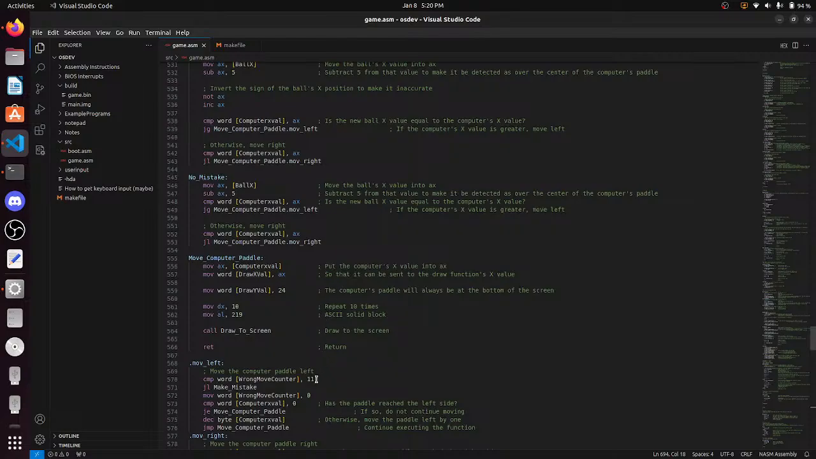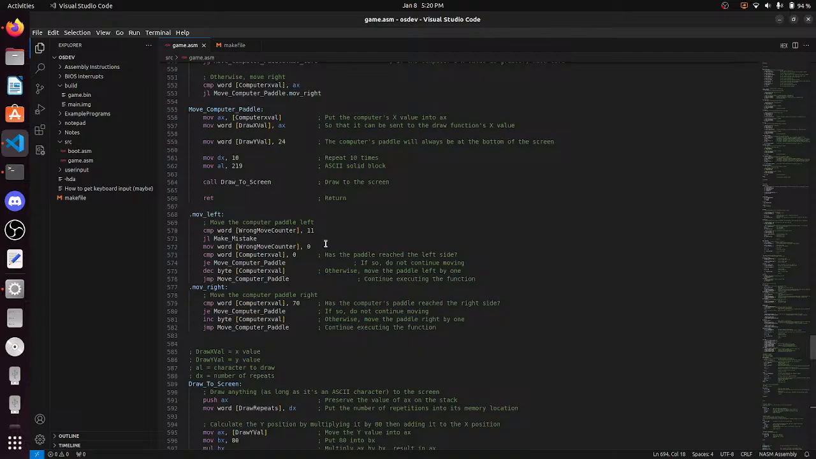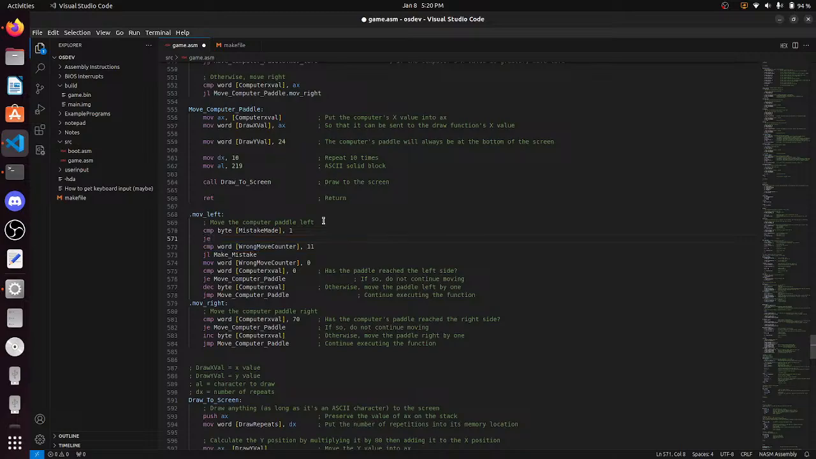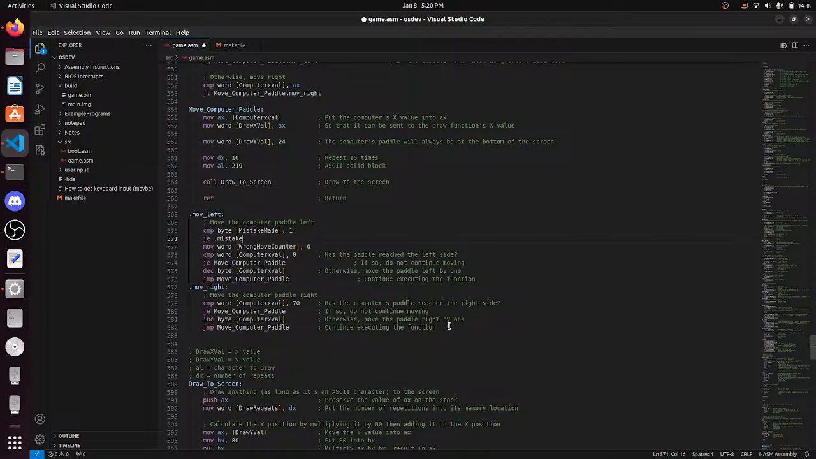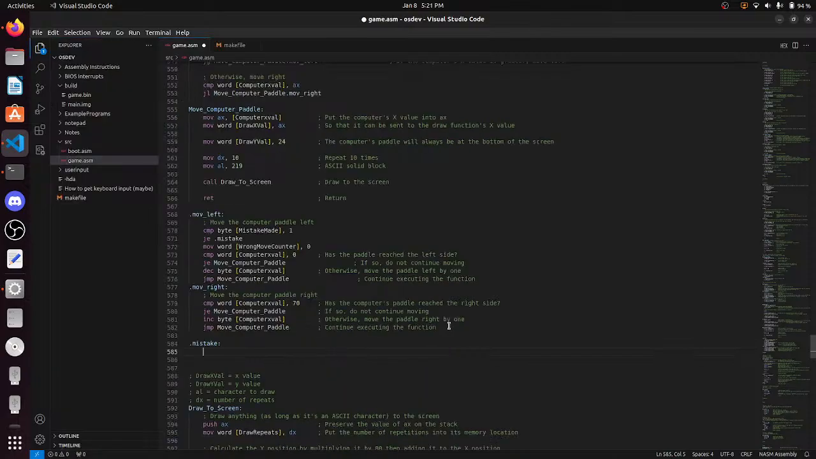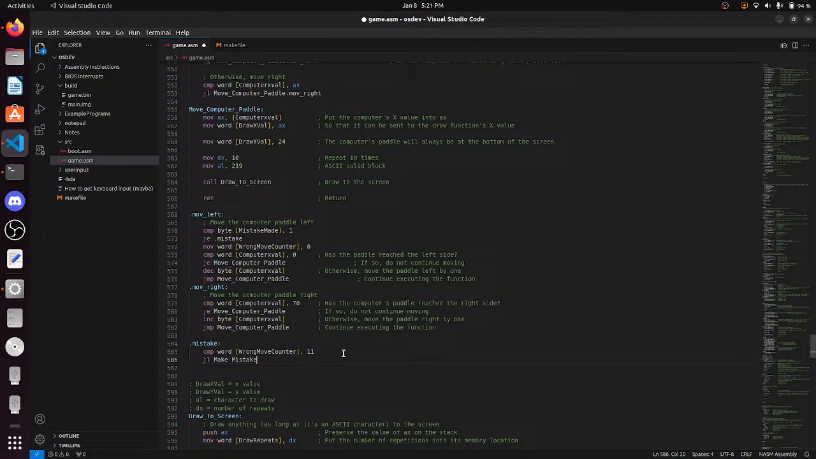So, compare byte, mistake made 1, and then jump if equal dot mistake, and then we do dot mistake down here, dot mistake, oops, Control V, and then,